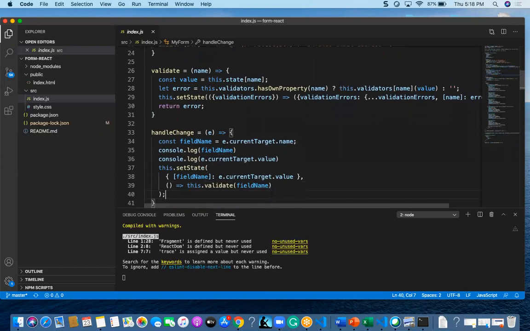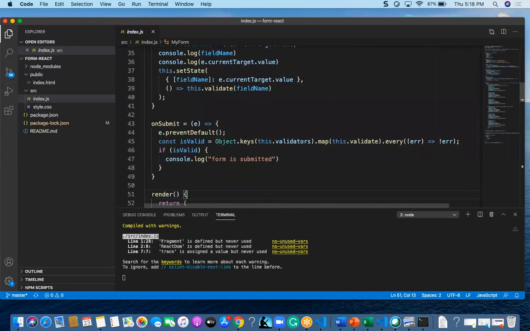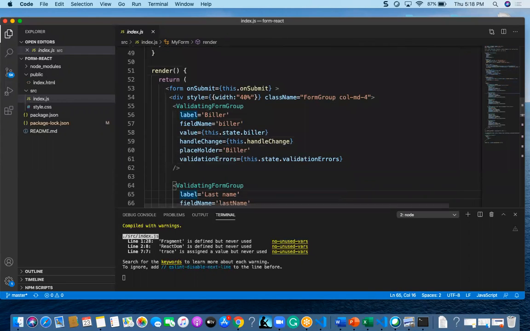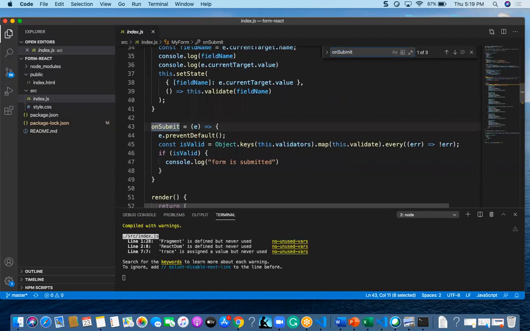Coming to the main change, here you will find one form. In this form, I am going to have this.onSubmit. When I call this.onSubmit, it will hit event.preventDefault, and it will take a constant isValid, Object.keys, and this.validators.map, this.validate.